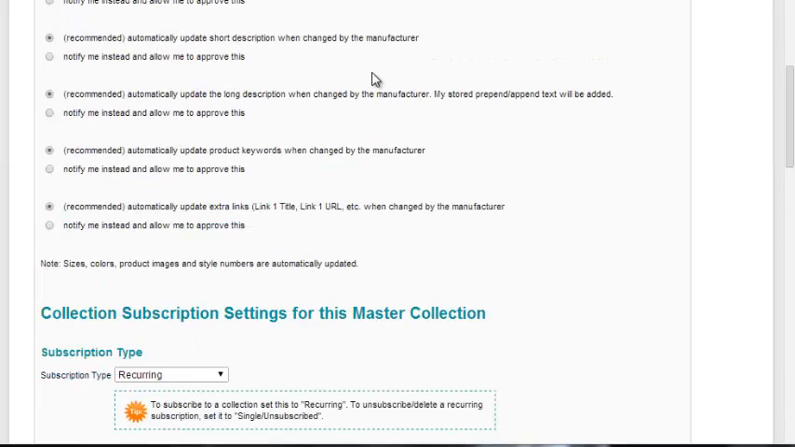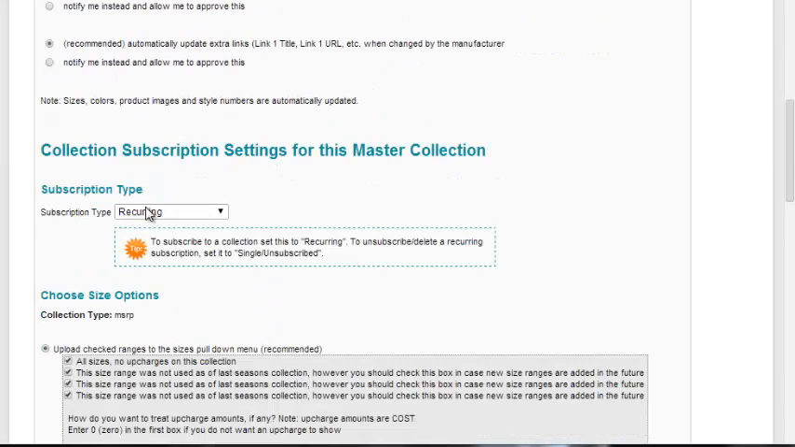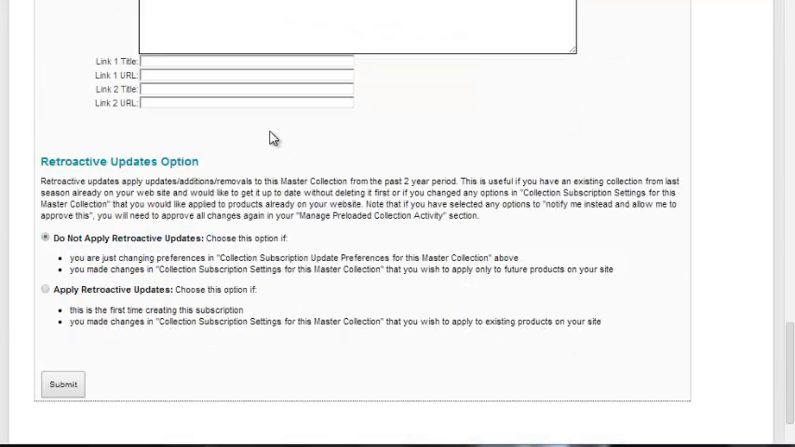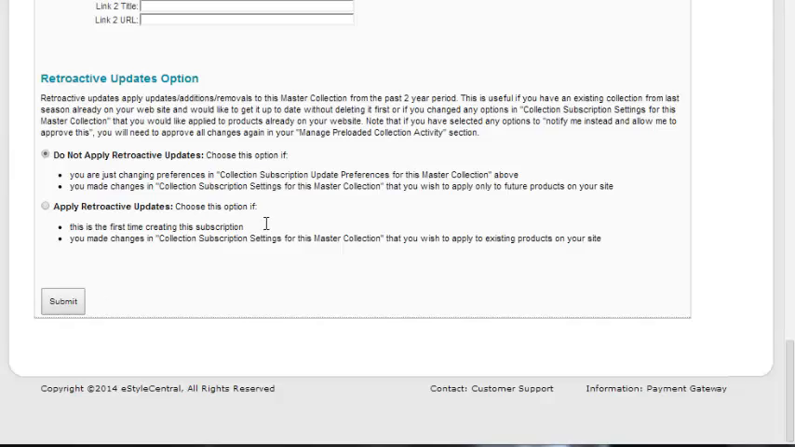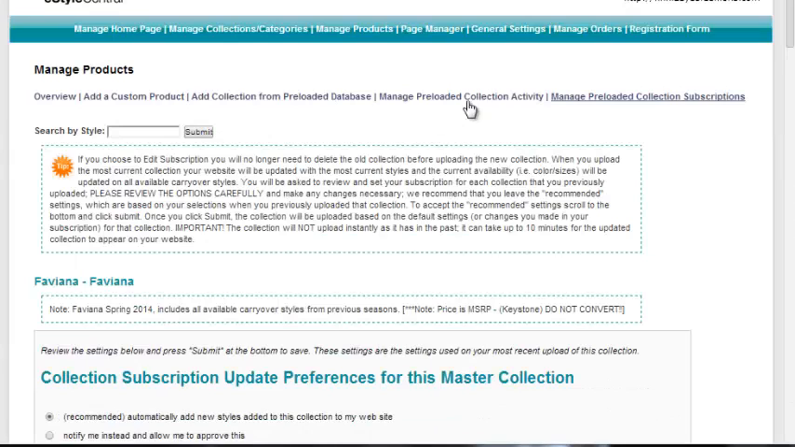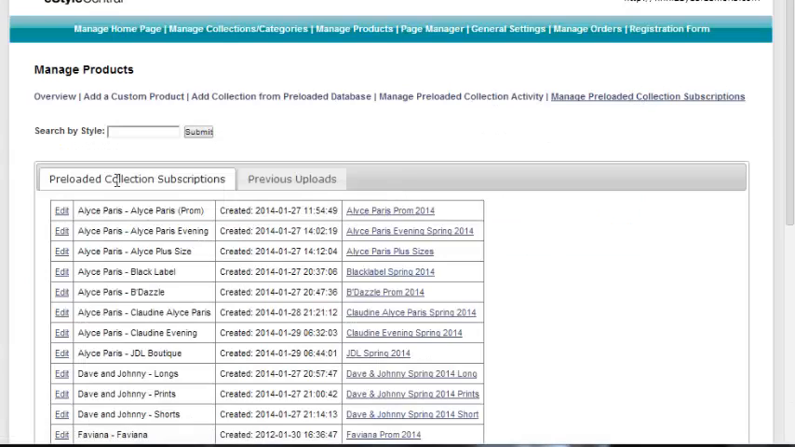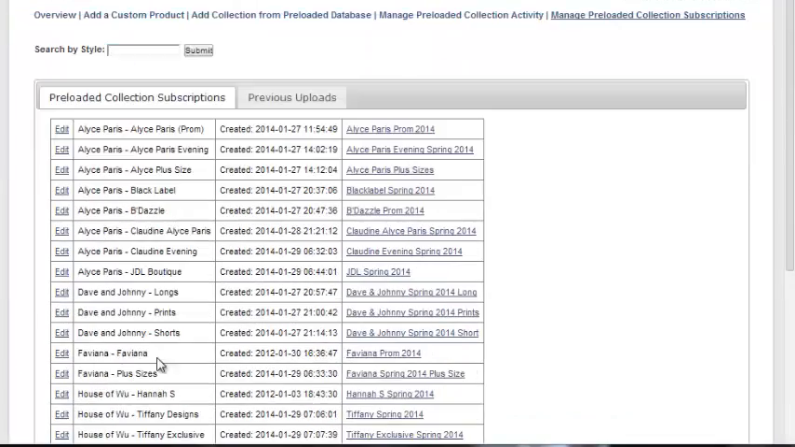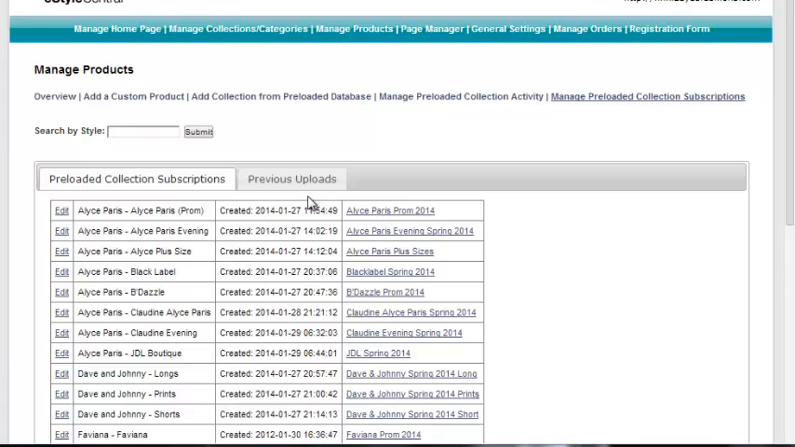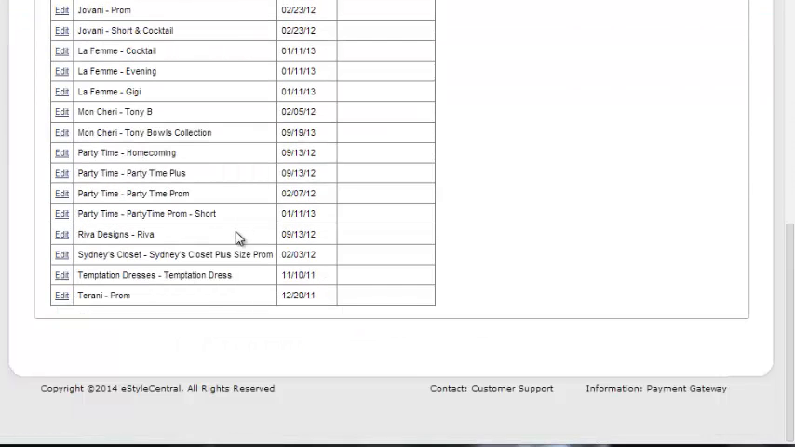Again, you go to the subscription that you have created for that collection, change recurring to single unsubscribed. Don't have to do anything else. You scroll to the bottom and click submit. You don't have to select anything here. That will automatically move the collection or the subscription from the subscription page and add it to the previous uploads